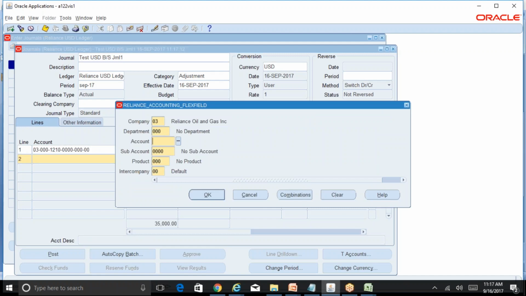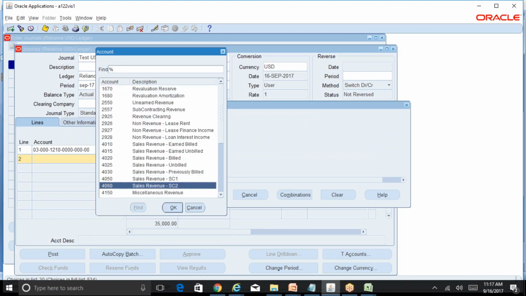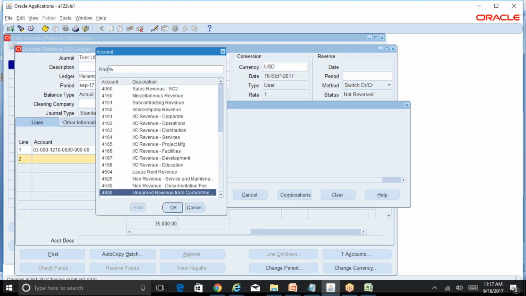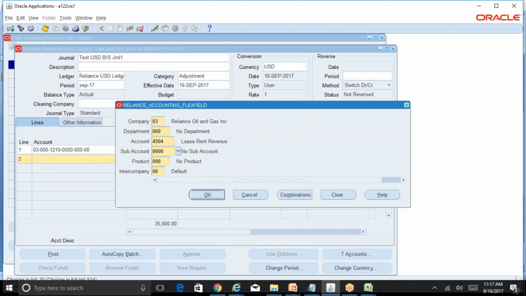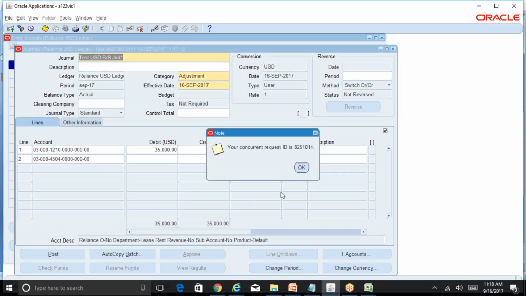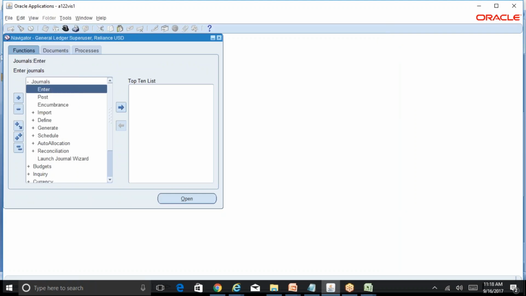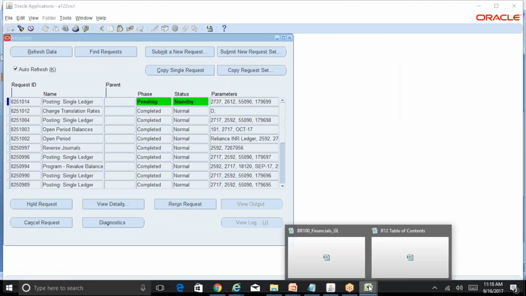Oh, I think two journals are not required. I think one journal itself is required, because in the one journal itself we are covering both the asset account as well as the P&L account. Okay. Now we got